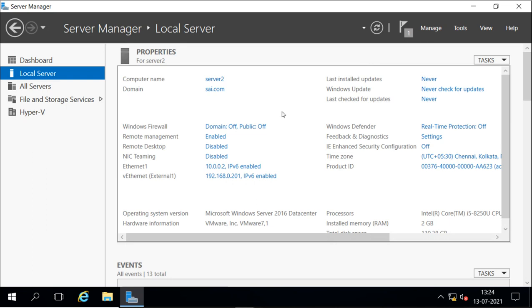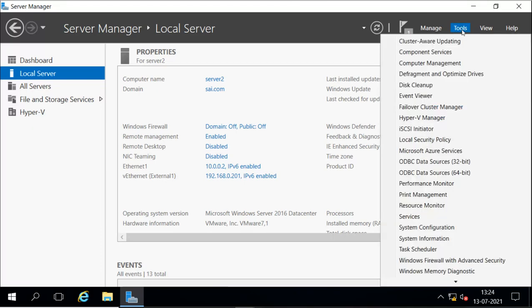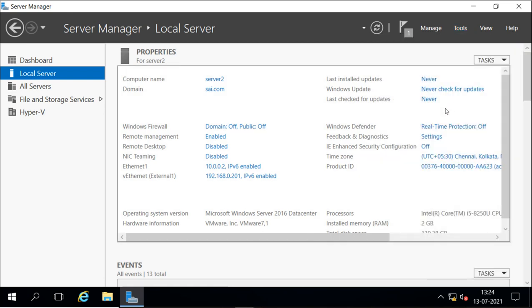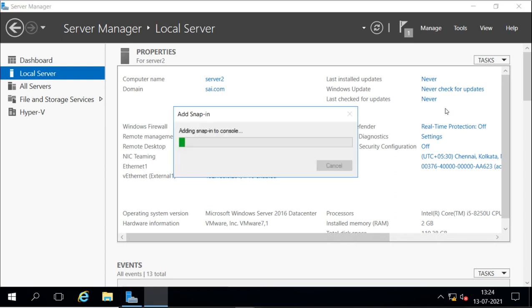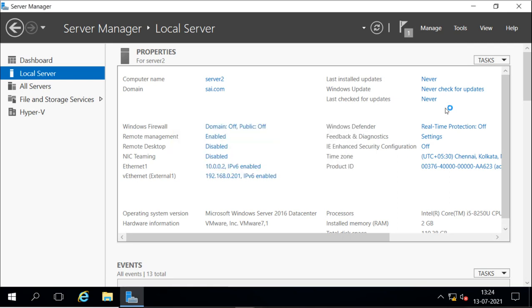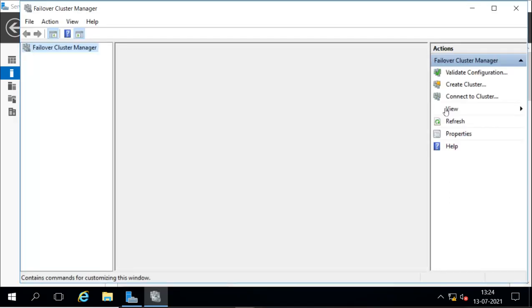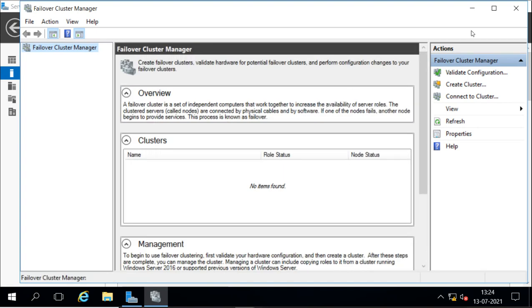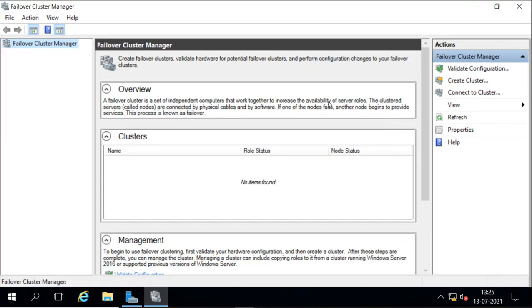I will start from here, server 2. For configuring the cluster, I will go to tools and here I have failover cluster manager. Now it is starting the failover cluster manager. And here it is. So this is our failover cluster manager.